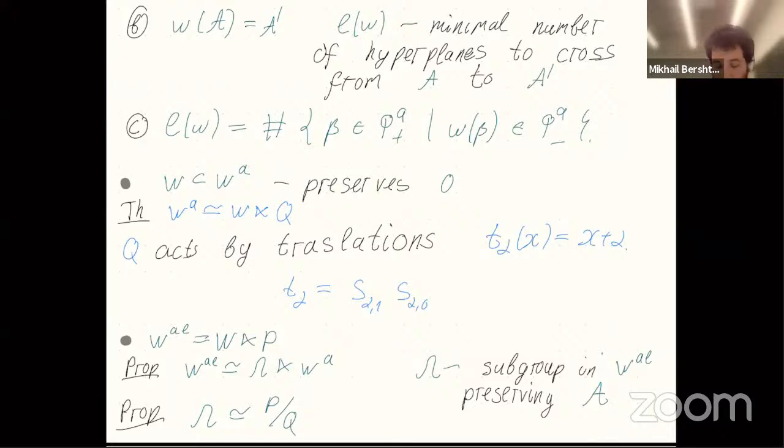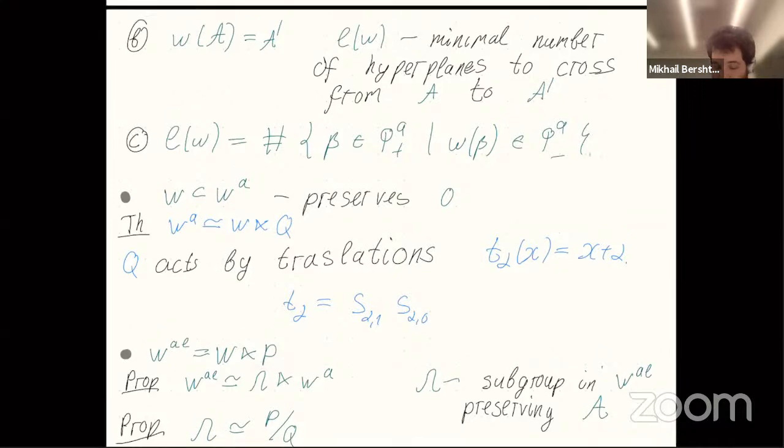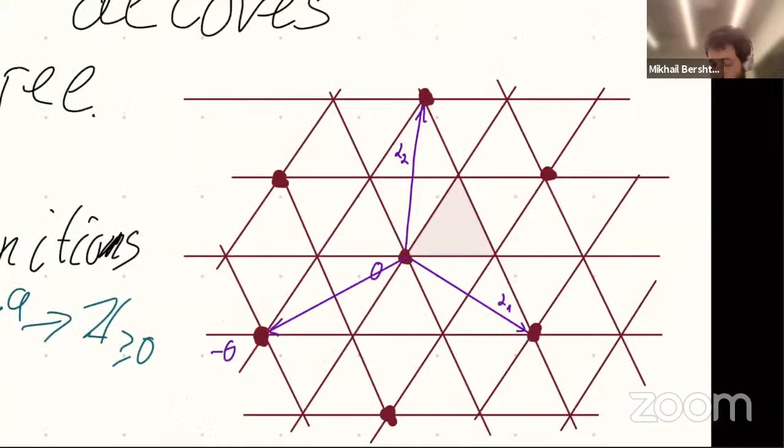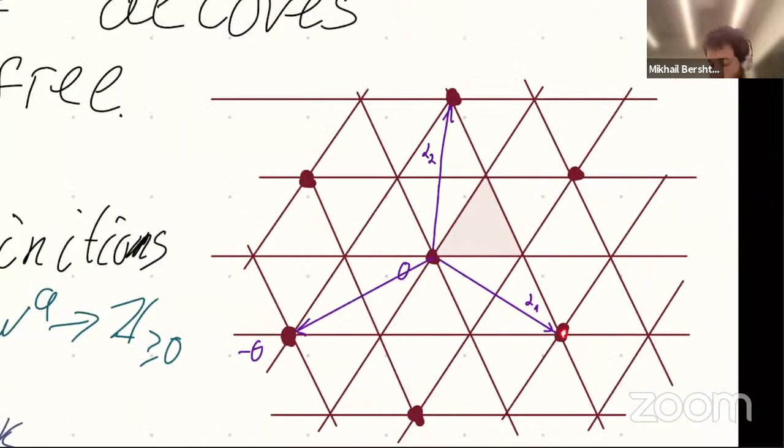There's a question about what we had here. Q is a root lattice, and P is a weight lattice. So the lattice you see here in this picture, we have roots, and they correspond to a sublattice, which is the bolded one. And this is not the whole lattice which we have in the intersection of the hyperplanes. So in this picture, P is all these points, and Q is the bolded points.